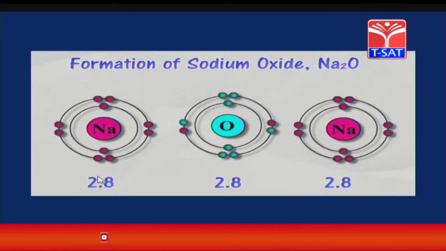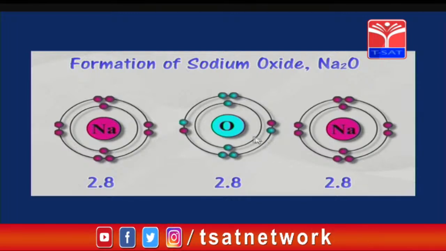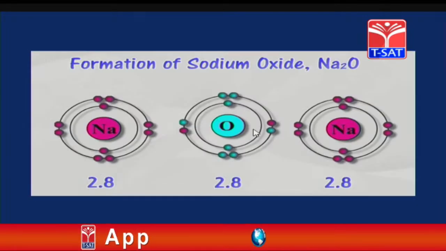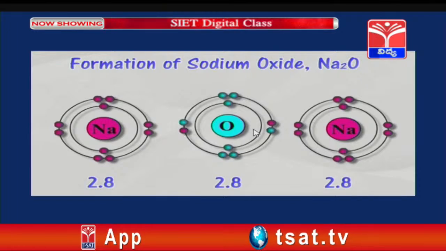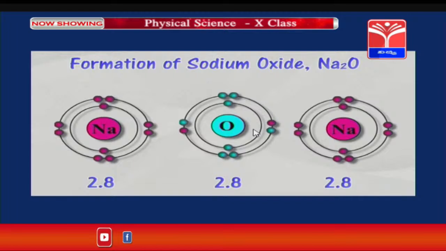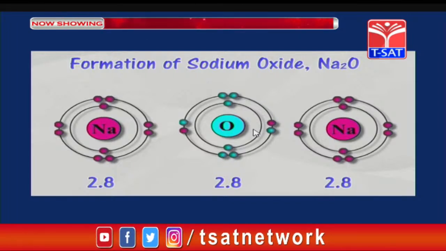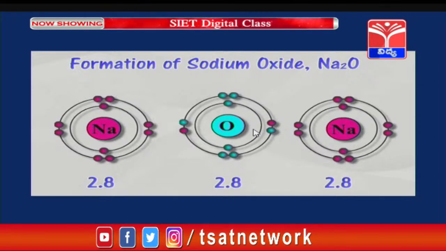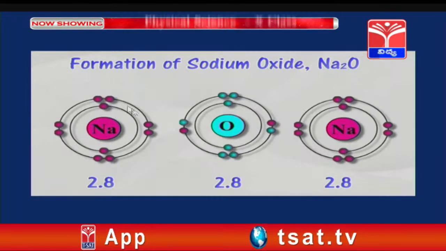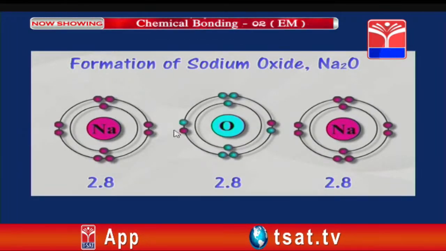of the sodium ion is 2, 8. And now if you look at oxygen, here the atomic number of oxygen is 8, the electronic configuration of oxygen is 2, 6, and the nearest inert gas present is neon with atomic number 10 and the electronic configuration as 2, 8. So, this oxygen, to attain octet configuration like neon, has gained one electron from one sodium atom